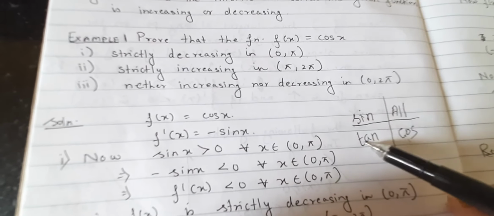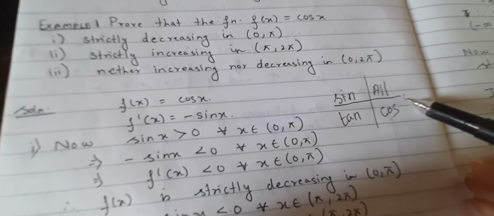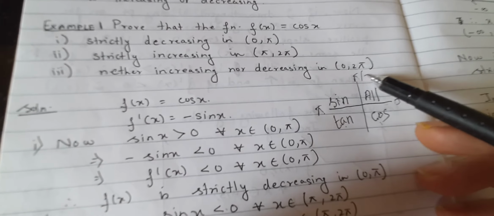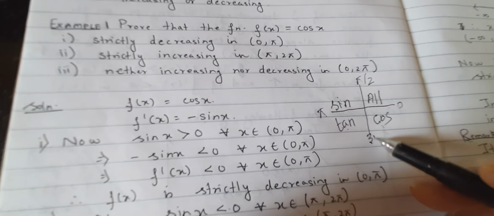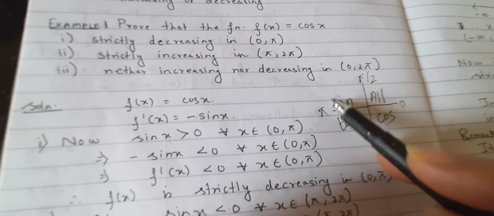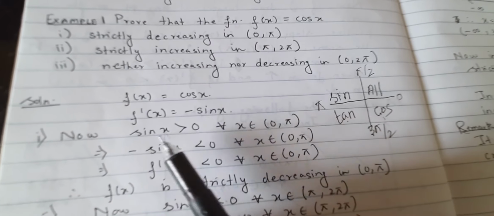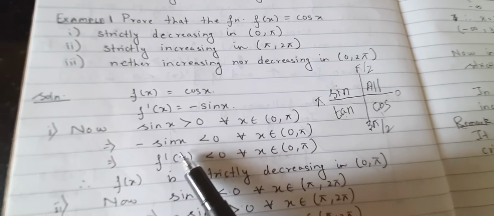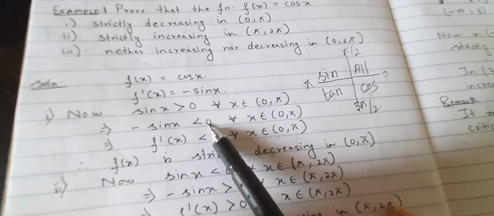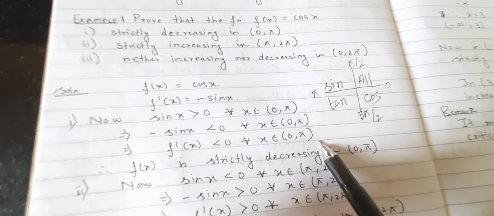Sine and cosec, tan and cot, cos and sec are positive in their respective quadrants. So, 'all students of 10th class', that is how you remember. So 0 to pi, this is 0 and this is pi. This is pi by 2. This is 3 pi by 2. So in 0 to pi, here all trigonometric ratios are positive, and here sine is positive. Sine is positive in both first and second quadrant. That means sine x is greater than 0 in 0 to pi. So minus sine x will be less than 0, obviously. If you put a minus sign with a positive value, it will become less than 0. That means f dash x is less than 0 for all x belonging to 0 to pi.